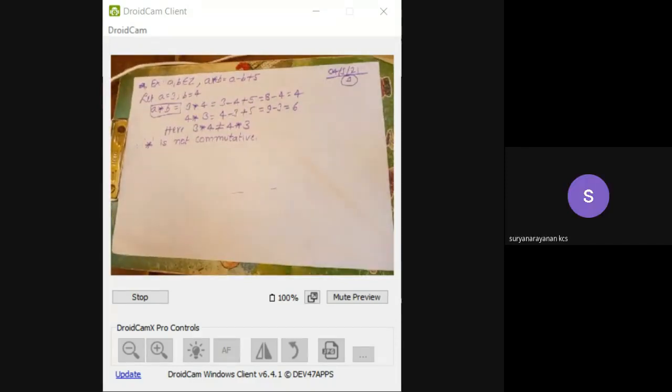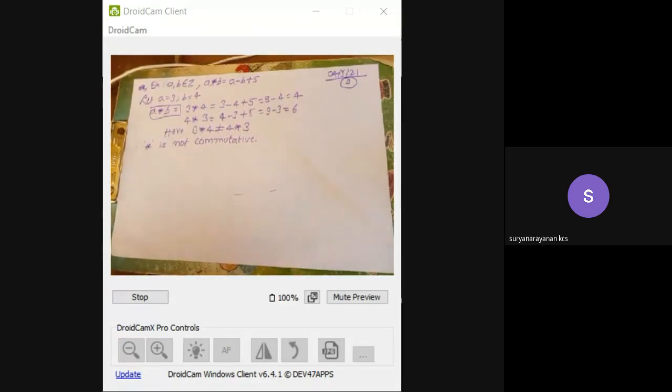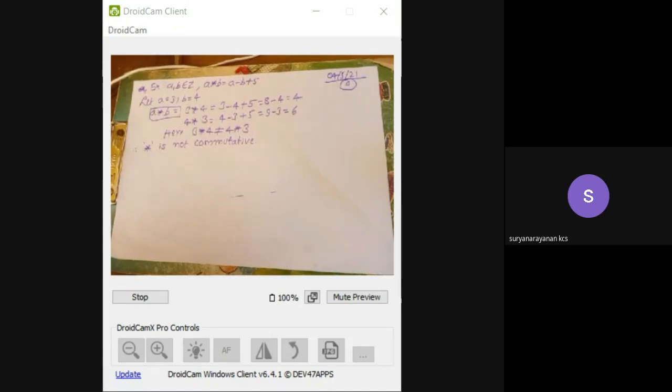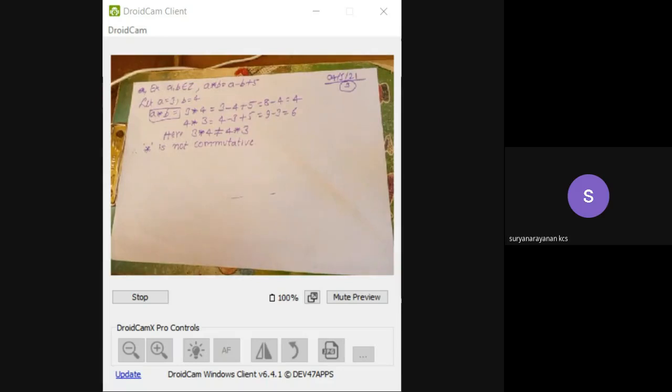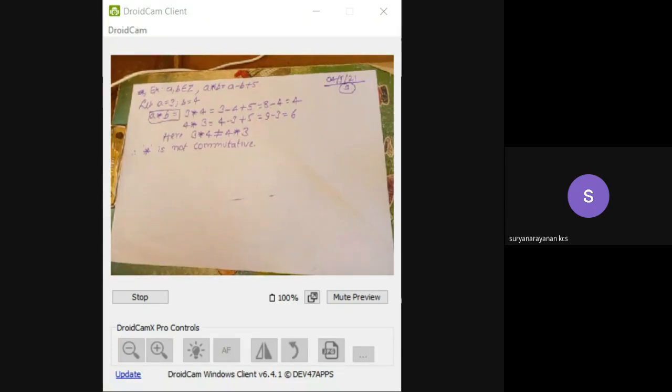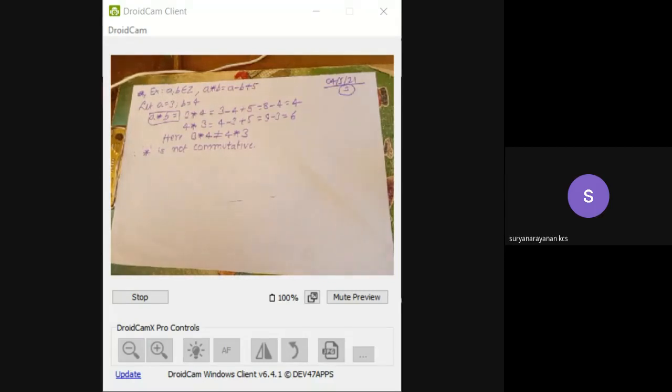Okay, yesterday we discussed binary operations. That is also called closure property. In earlier classes, we called binary operation a closure property, but we don't use that word in this class. We call it binary operation. And the second point is